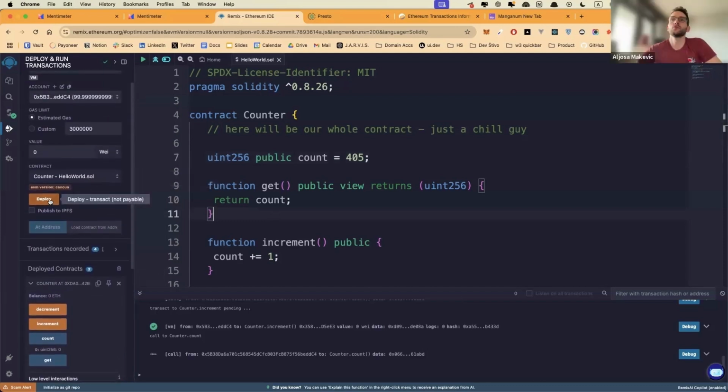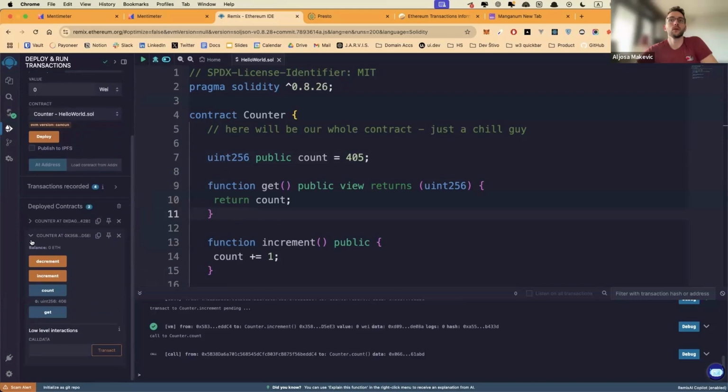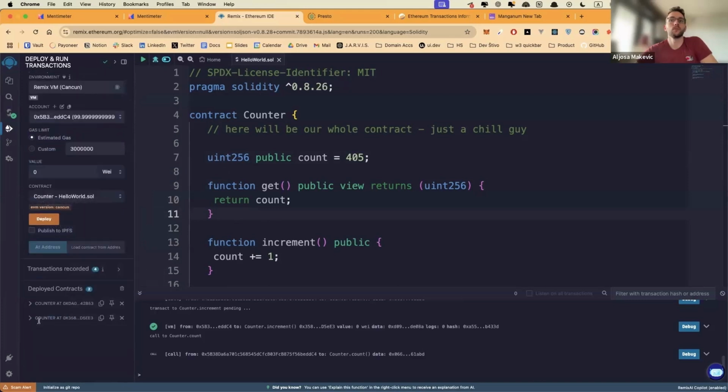Did you click deploy again? Yeah, yeah. And then you deploy. Opened the one that's on the bottom here? Yeah, there are 2 of them, right? So yeah, the bottom one. Did everybody else do it? Yes. Cool. Do you have any questions about this, or do you guys want to move on?